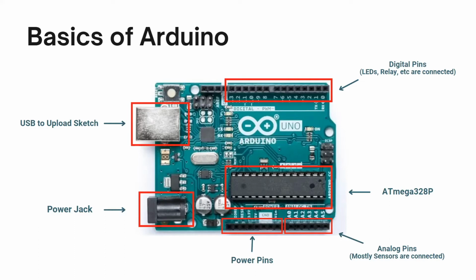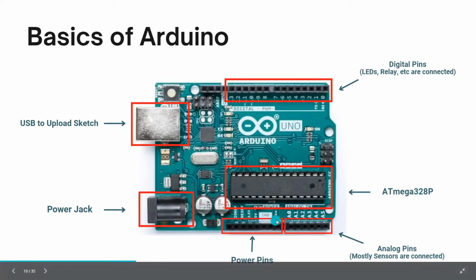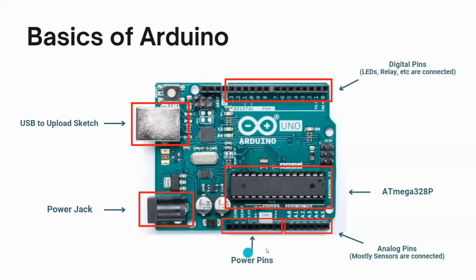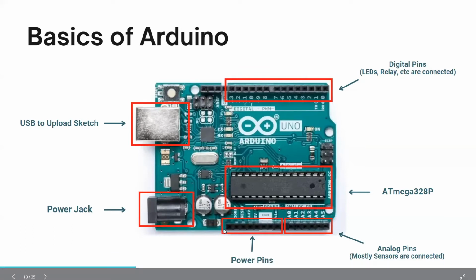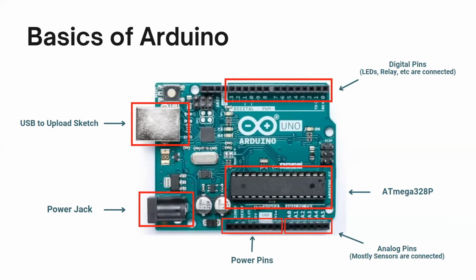So this is the range of analog pins. Once you get an idea of sensors, you will relate to these things more. The pins like V, 5 volt, 3.3 volt, reset, all these are power pins. Everything requires some power to work. Like if you are turning on a fan, it will require electricity. So for sensors to work, they require some voltage, and that voltage is given using these power pins itself.